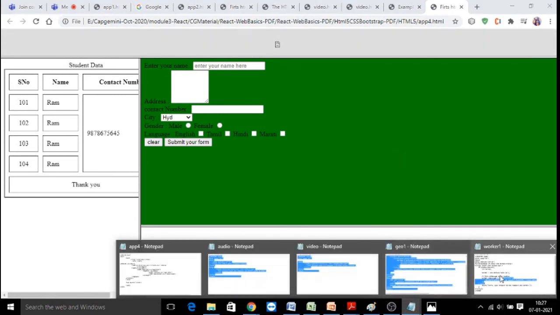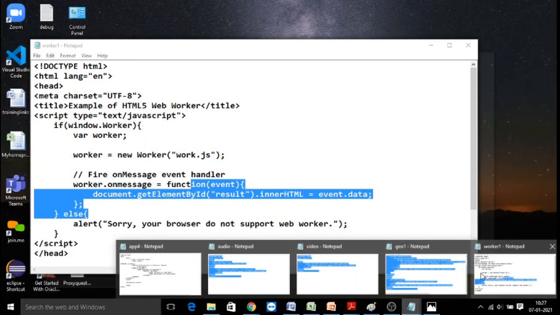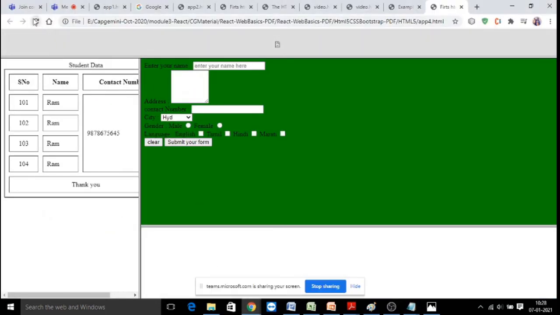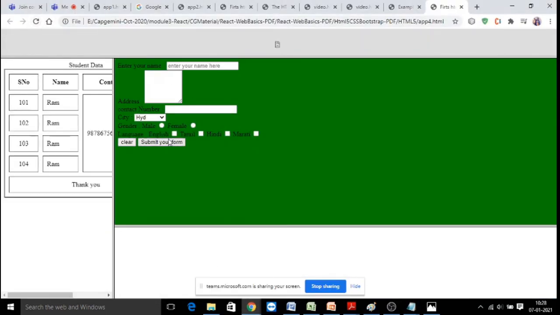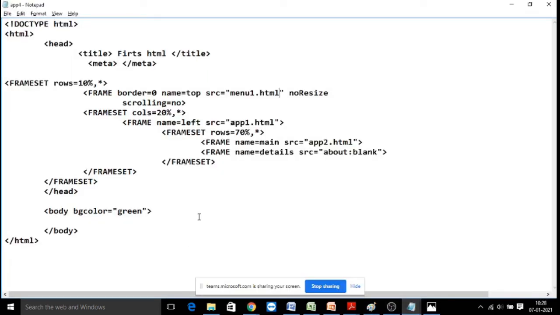See here, in the first frame what we have given. Spelling menu, right? Menu or menu1?